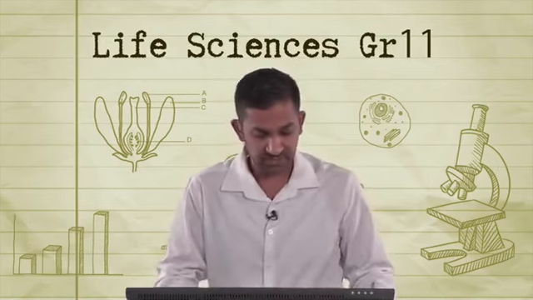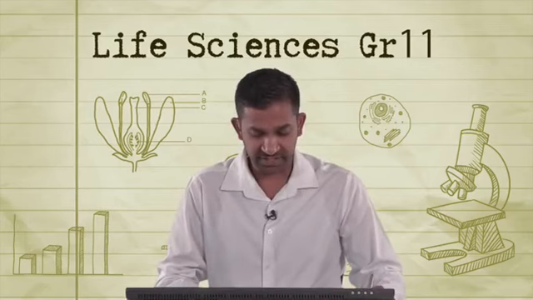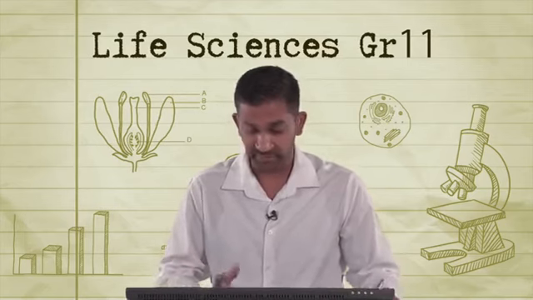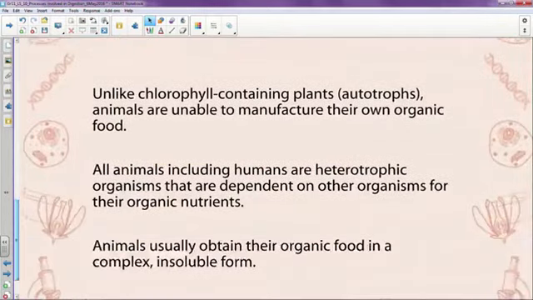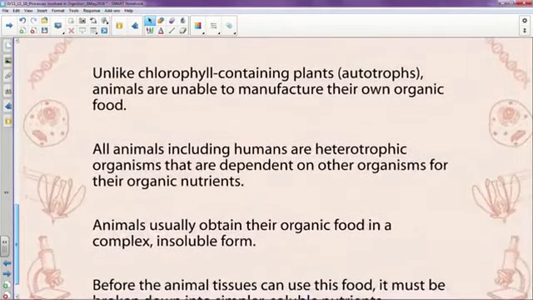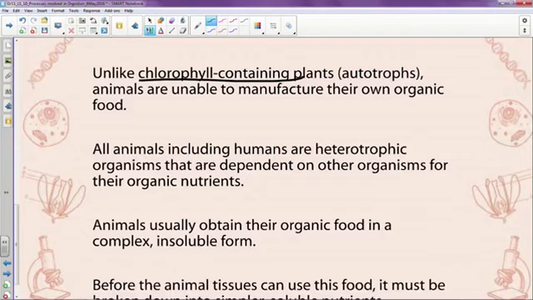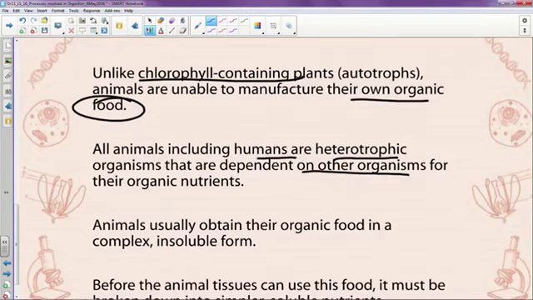So as we discussed last week, we looked at the overview of the digestive system. Just a quick recap on this. We're looking at the parts of the digestive system. What we should look at is, again, as we said, organisms that are autotrophs are able to synthesize their own food using the process of photosynthesis. Here we're looking at animals that are unable to manufacture their own food, and we refer to them as the heterotrophs. All animals, including humans, are heterotrophic, and hence we say that they depend on the other organisms for their